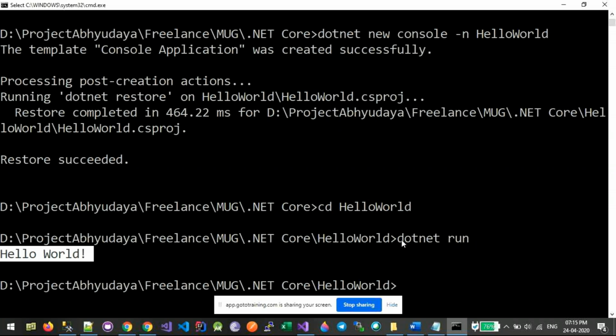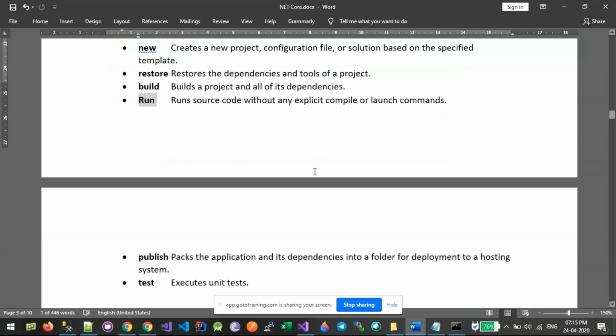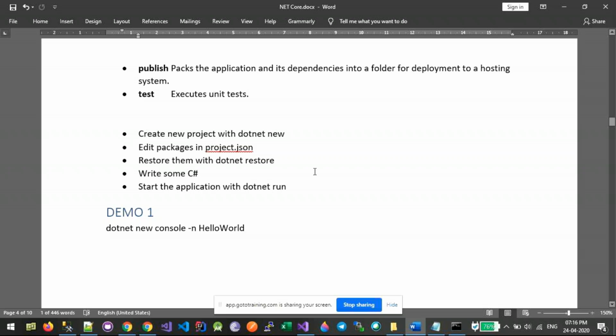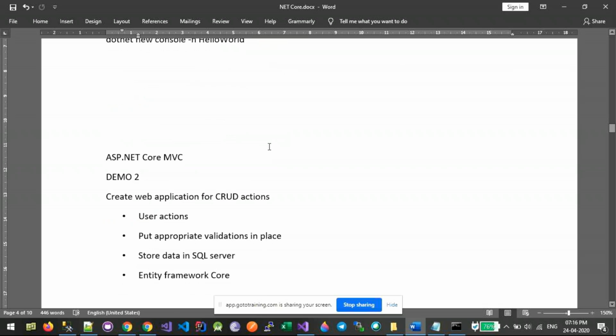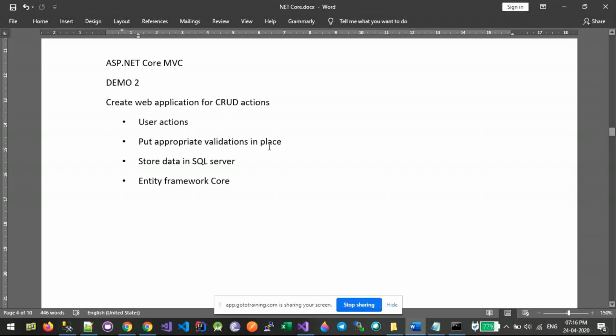So you can use all the CLI commands to create, build, run, and test all the .NET applications. When you create a new project with this command, we created only a console application, but as we go to the next application, we'll see the other types of files that are created also. Okay, so this was a teaser of what the .NET Core CLI is. Next important topic is ASP.NET Core MVC. ASP.NET is a web application development framework given by Microsoft.